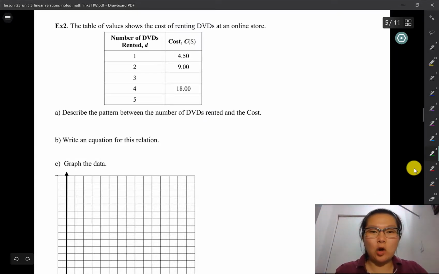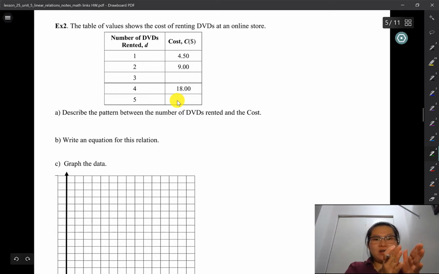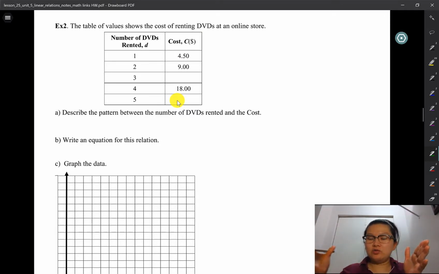In this video, we are going to continue on with 5.2 linear relationships. I have a second example, which I want to show you because it is slightly different from the first one. The first example was you started 1 meter away from the house. Over time, every second you moved 3 meters away from your house again and again and again as you walk